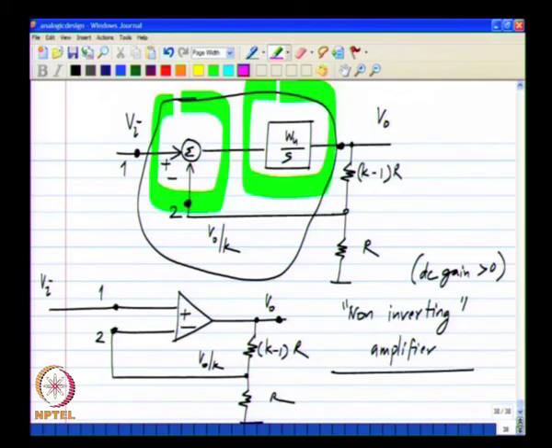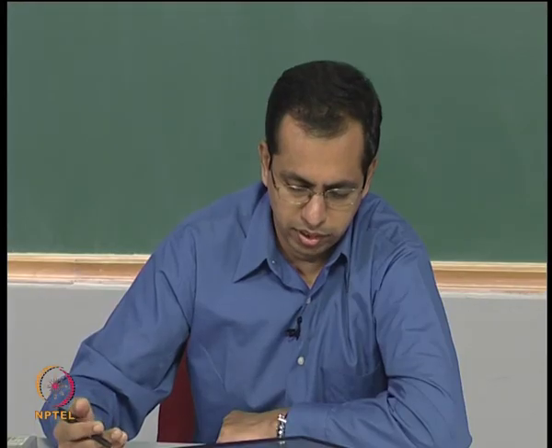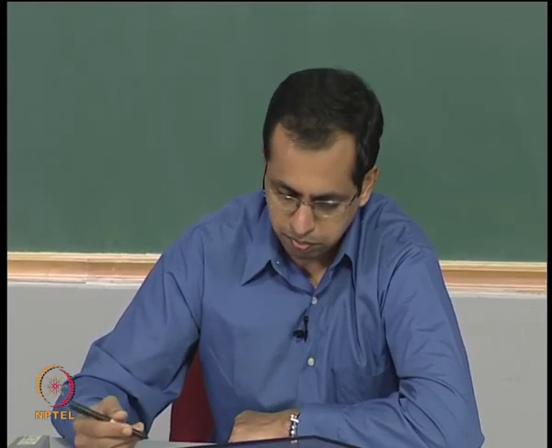So, you think of the op amp as an integrator, and what happens is the integrator will reach steady state only when the difference between 1 and 2 is 0. We will still assume that the input Vi is a constant. The steady state will be reached only when the difference between 1 and 2 is 0 and the output is also a constant. When that happens, the output will be exactly K times the input voltage, and we get our ideal amplifier. So, the op amp is nothing but a block that can take the difference between 2 signals and integrates it to drive the output.